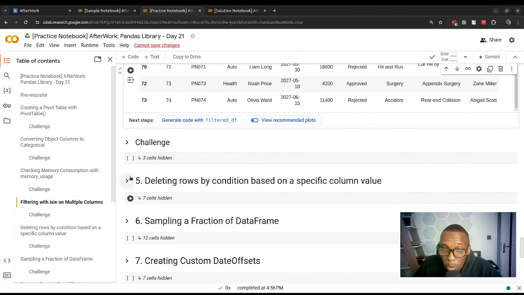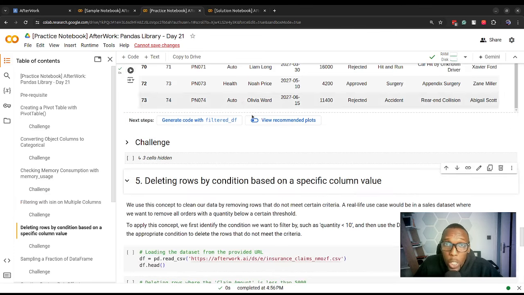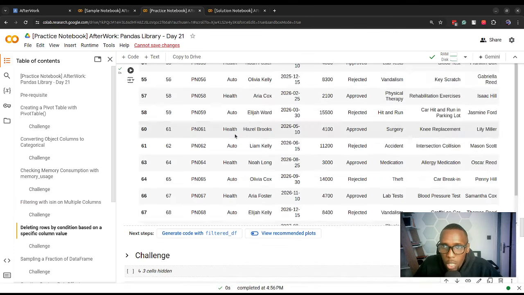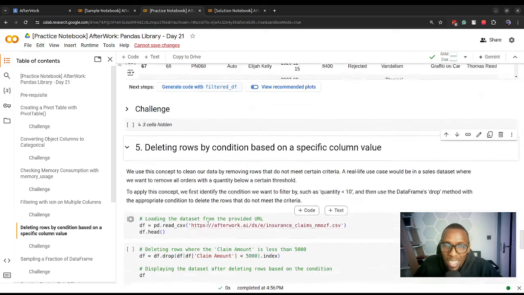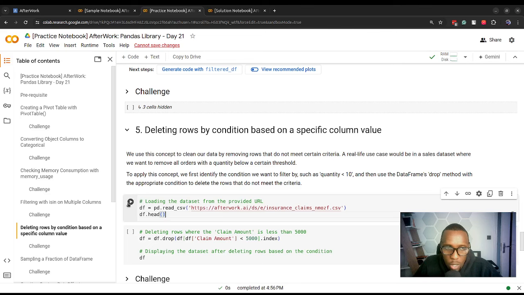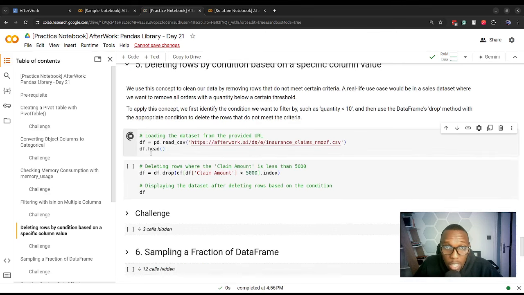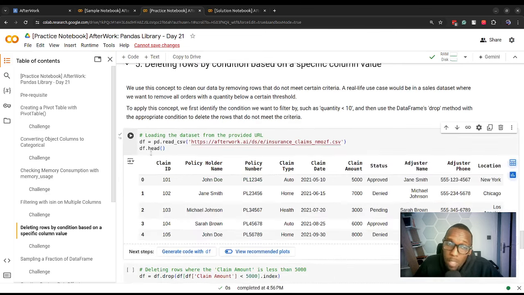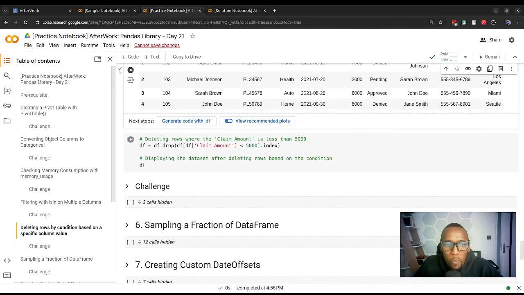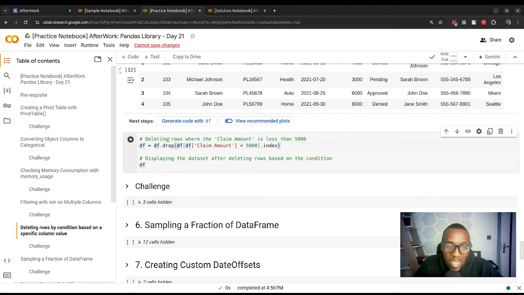In some cases, instead of just filtering, we might want to delete rows by condition. So we might want to define, first of all, the rows that we don't want, and then select the rest of the data. So assuming that we had this data set, again, that contains insurance claims, we can then decide to select maybe these records. So assuming that we wanted to not work with these records that have a claim amount less than 5,000,